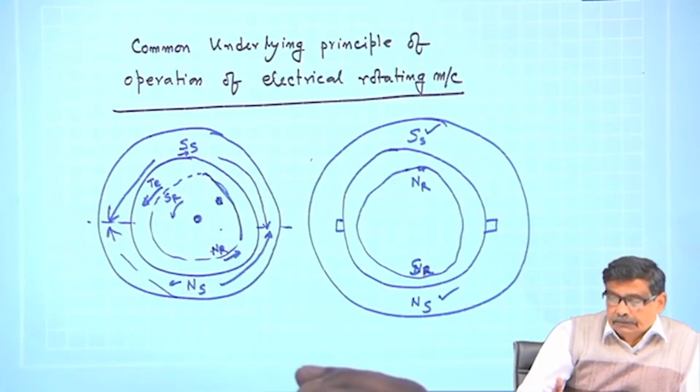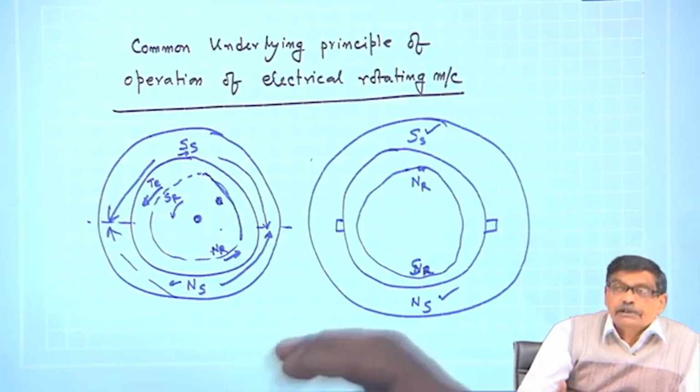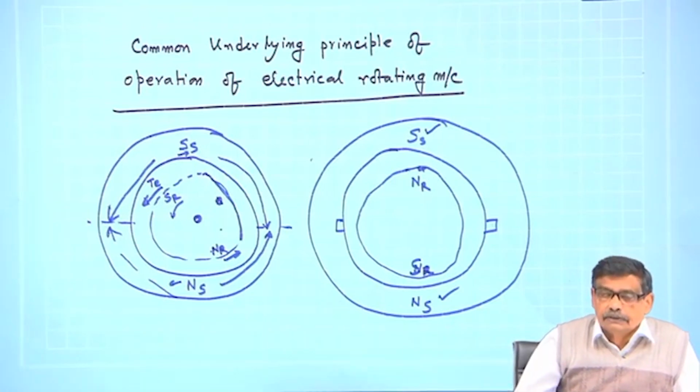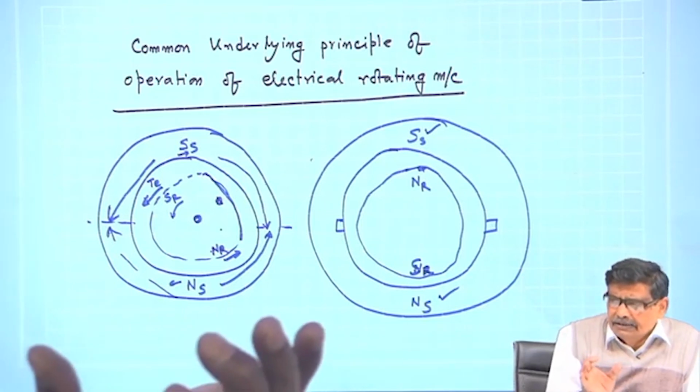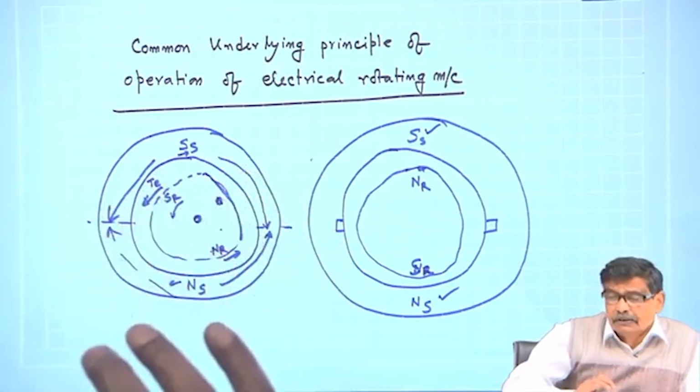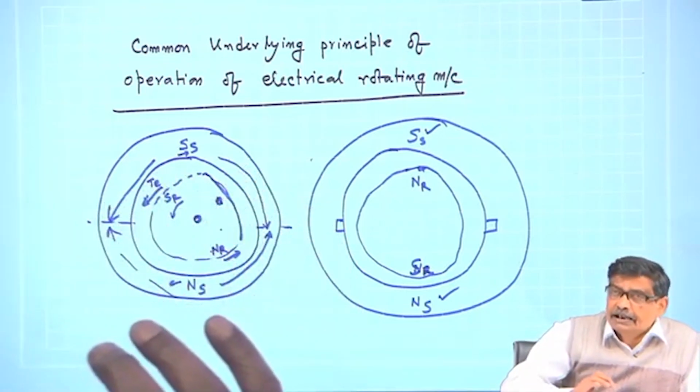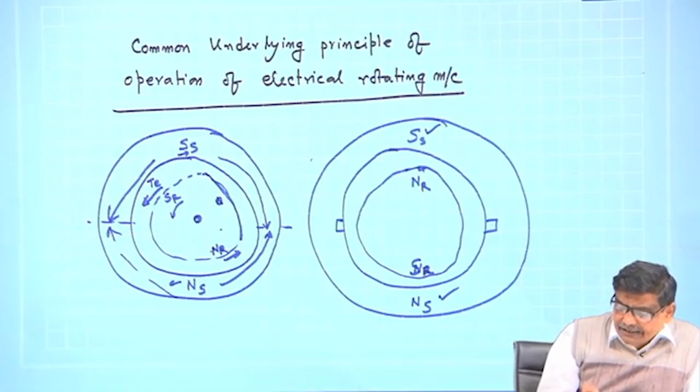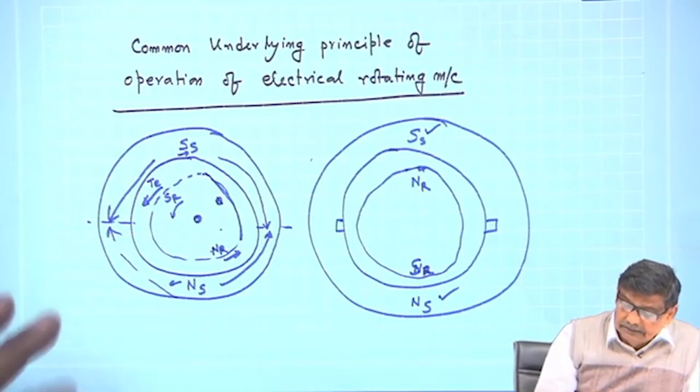That is what the principle of the induction motor is. Therefore, whether Ss Ns can also be made to move will be clearer, but at this stage what I am simply telling is,